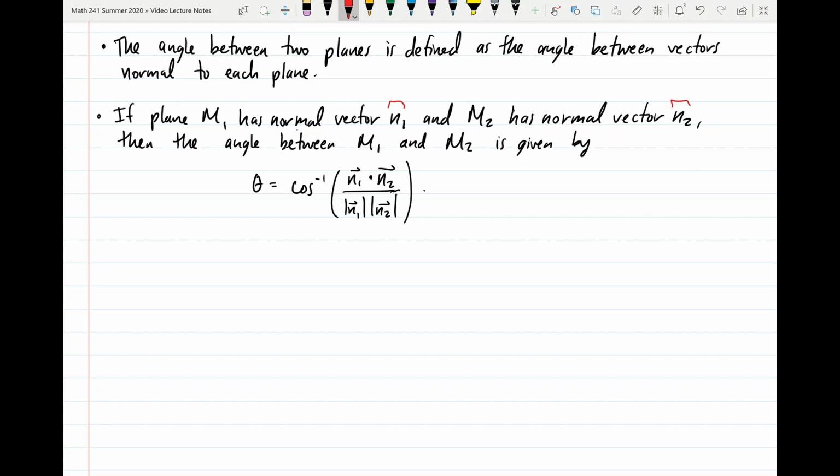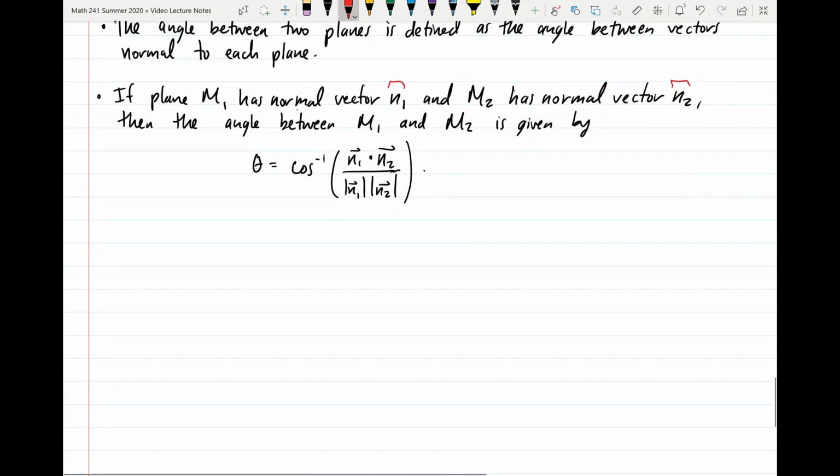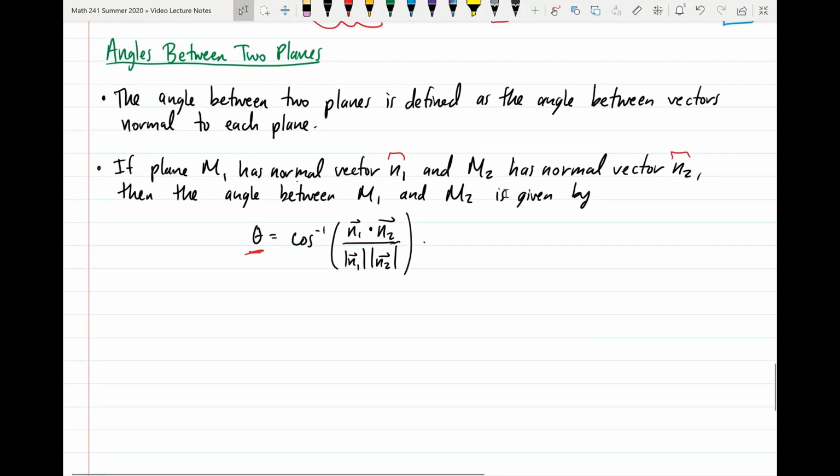And we already derived a formula for finding the angle between two vectors. So ultimately, the angle between our two planes m1 and m2 is going to be given by theta, and that will equal the inverse cosine of the dot product of n1 and n2 divided by the magnitudes of n1 and n2. All right, so that is all the information for section 12.5, and more than just that, it's actually all